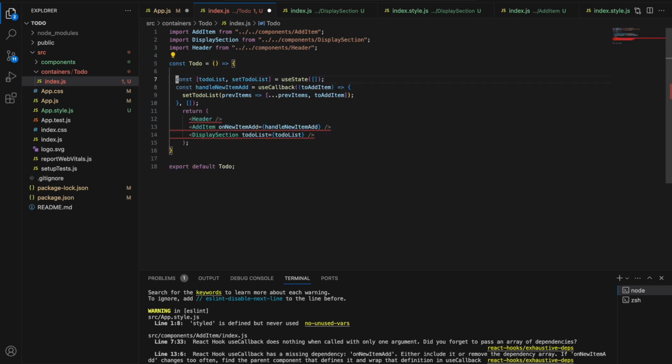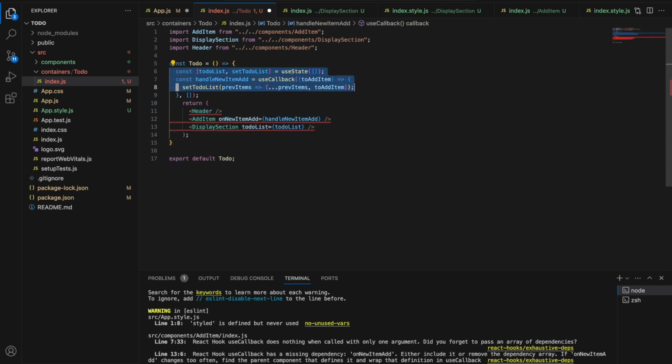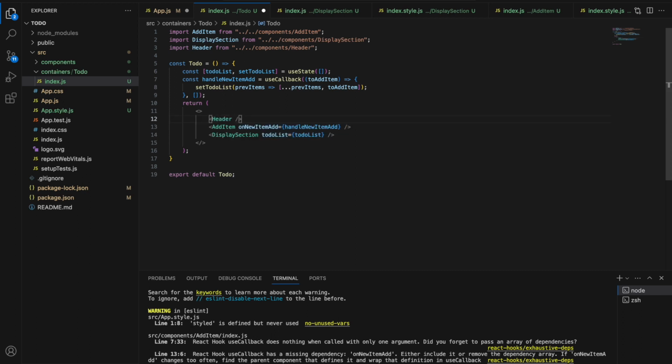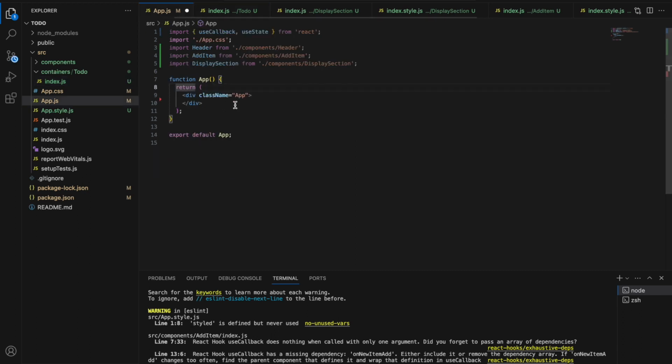We have copied this, and now let's see why this is showing an error. Okay, it wants us to add a parent element, so let's add that too. And in app.js, now we can simply import our container here.